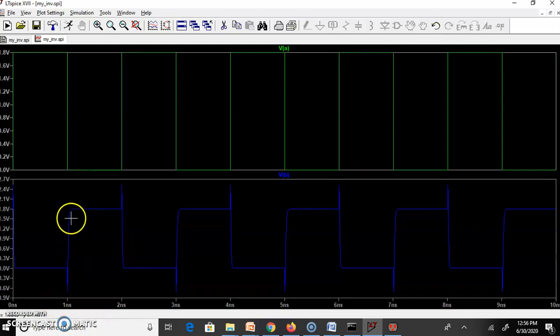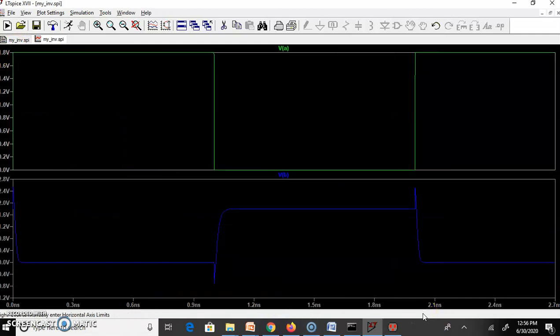You can also observe rise time over here. You can simply take one cycle and zoom that part. So your rise time is clearly visible over here. So the rise time is over here, and on the other side of the pulse you can also observe fall time. You can measure this rise time and fall time. So in the next video I'll explain through scripting how you can measure this rise and fall time.